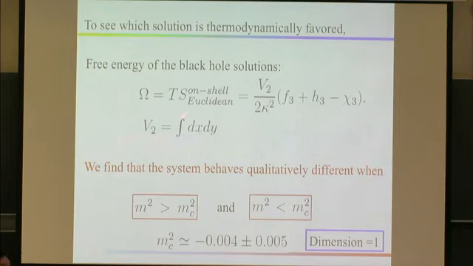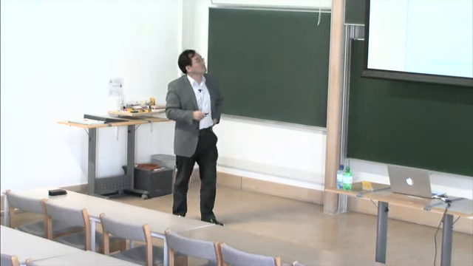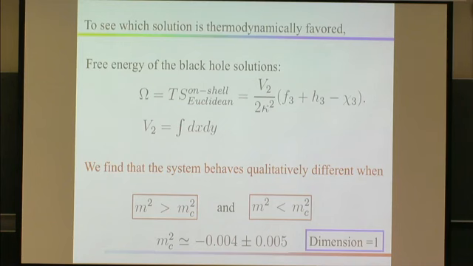We work in the grand canonical ensemble, so it means the chemical potential is fixed. In this case, the free energy is just the Gibbs free energy. This is the temperature, this is the Euclidean action of the theory. Taking the equations of motion, it turns out the free energy is very simple, given by three volumes in the